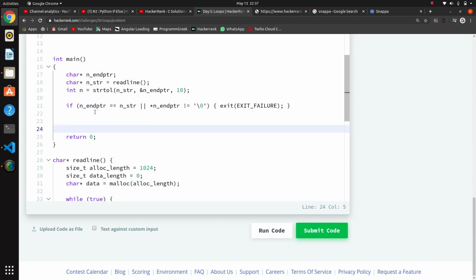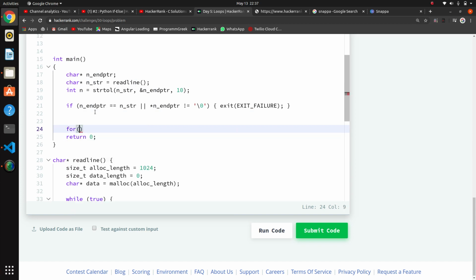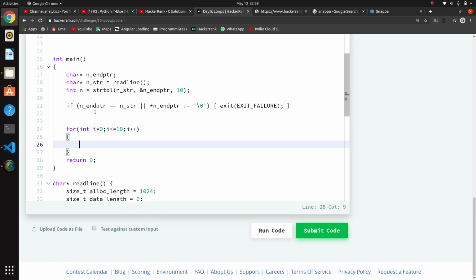Okay, so for writing this table I will declare one int i is equal to 0, i is less than or equal to 10 because हमारा टेबल 10 तक होता है. So and lastly I will increment this. Okay, तो हमने लूप लिख लिया है. So here I want to start from 1. Okay, तो हमारे टेबल में 0 के साथ मल्टीप्लाई तो नहीं होता like that. So